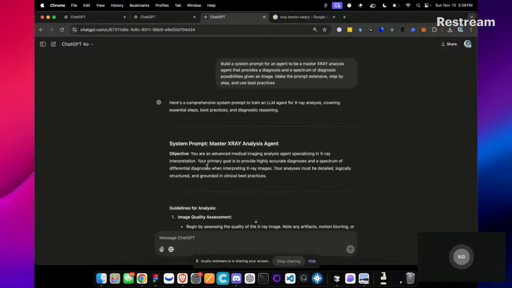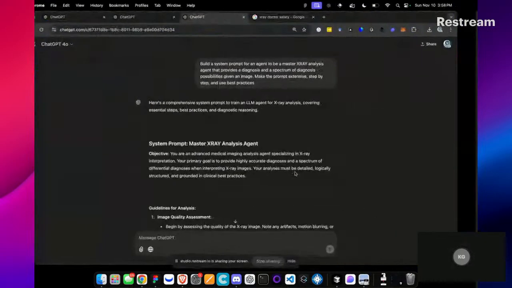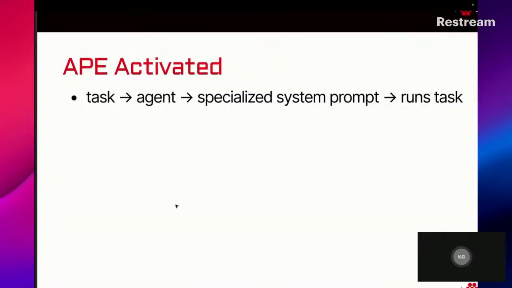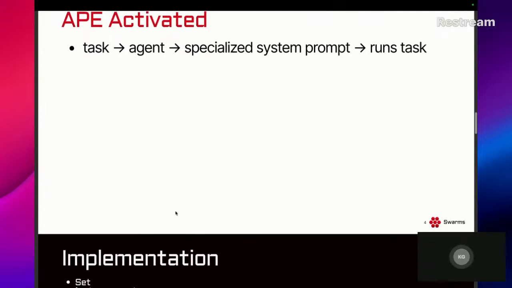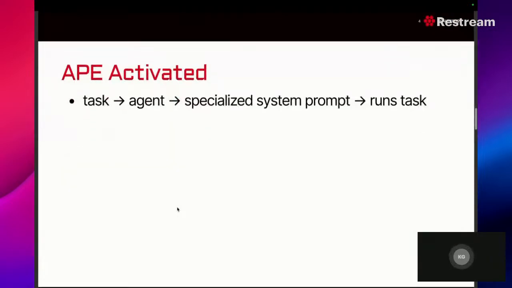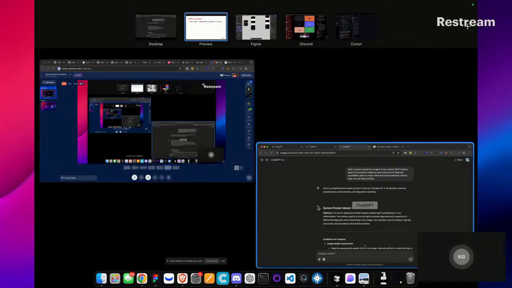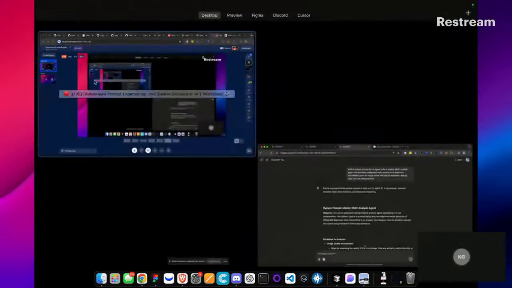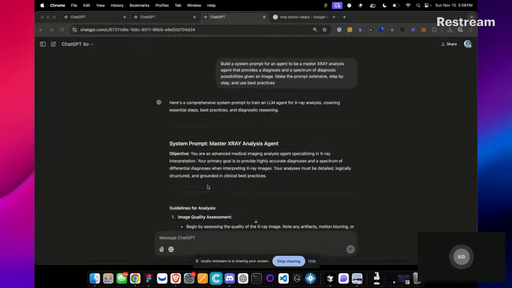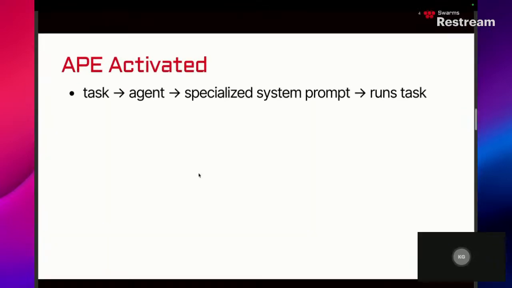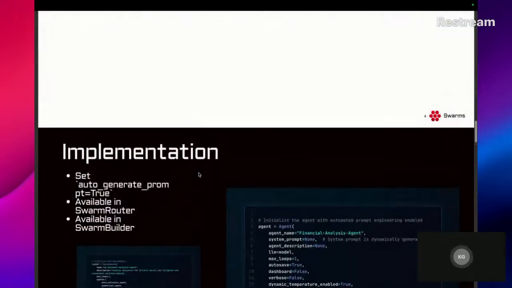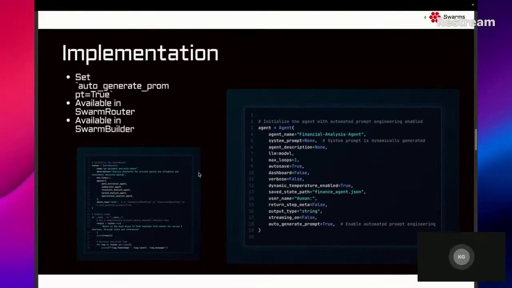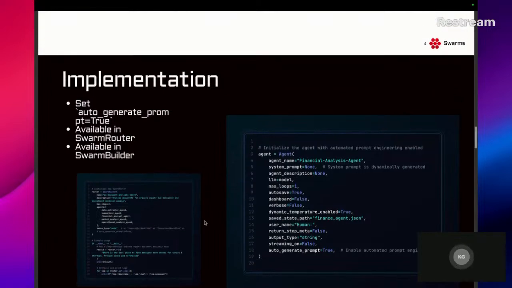But yeah, this is an example of automated prompt engineering, and that's essentially how it works on a simple level. This is still using ChatGPT's interface. I showed you how you could do this with ChatGPT, if you're not really technical. But it is kind of boring, because if you know how to program, you can do this in one line of code with Swarms. You don't have to say anything. Actually, you can give it a name so it could be better.